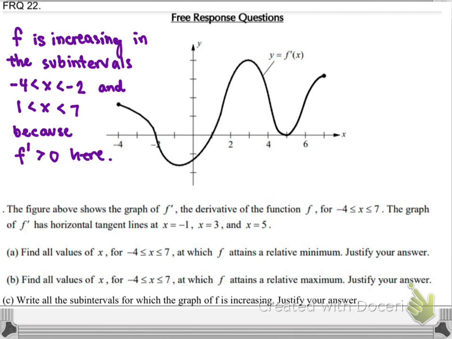F is concave up when f prime is increasing, and that will be from negative 1 to 3, 5 to 7. Where is f concave down? F is concave down when f prime is decreasing, and that is from negative 4 to negative 1, 3 to 5. And sometimes they ask questions about where the graph is concave up